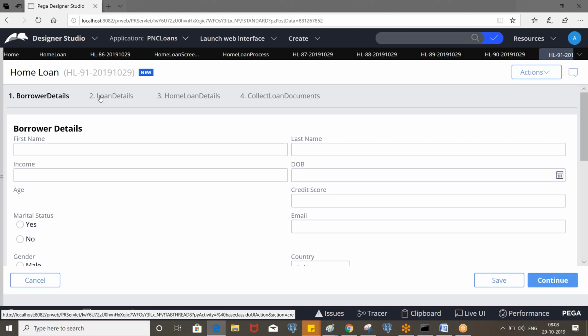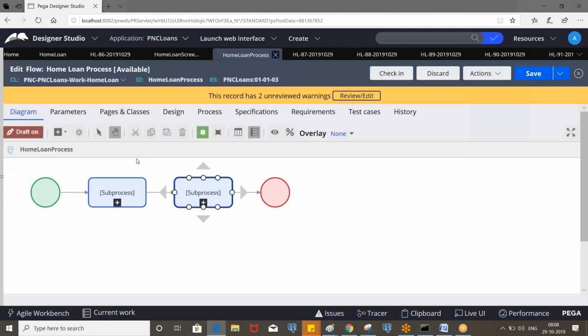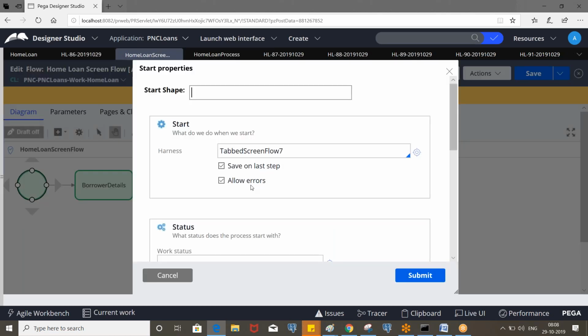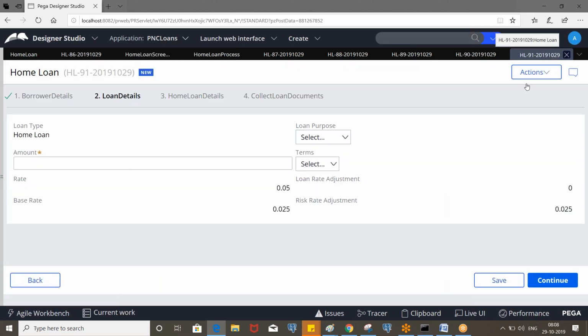Let's say go to the loan details, and if you click on continue, it will throw an error if this option is not selected. Okay, allow errors. If you select allow errors, if there are some errors available, it will still allow you to move to the next screen.